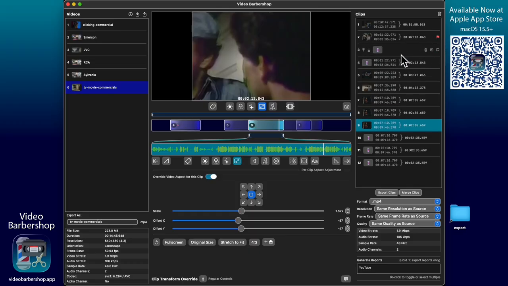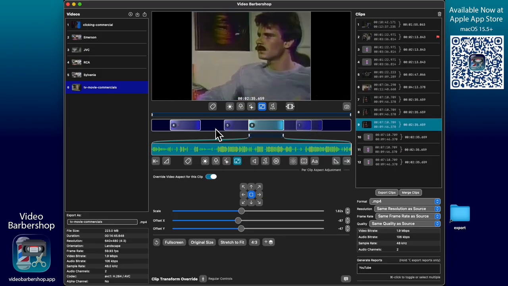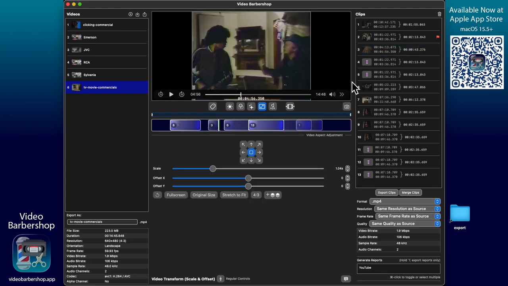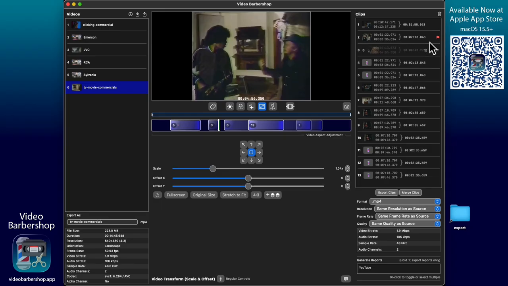Flagging the clip will put anything you do after the flagged clip here. So on this timeline, I create a new clip and it actually inserted it right here after the flag. So you can toggle that and play with the ordering of all these clips. And then when you merge it and export it,